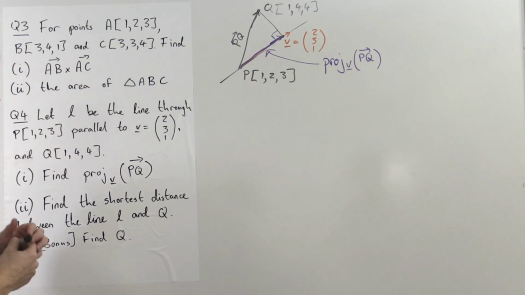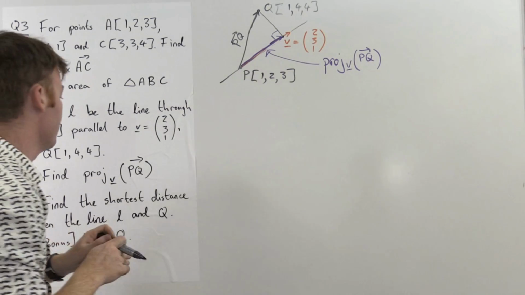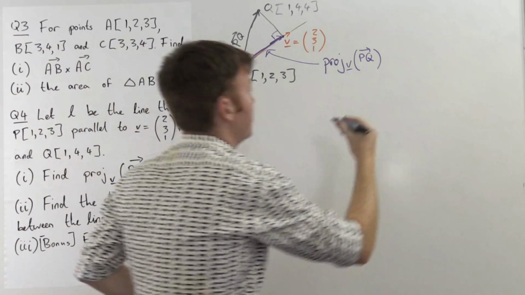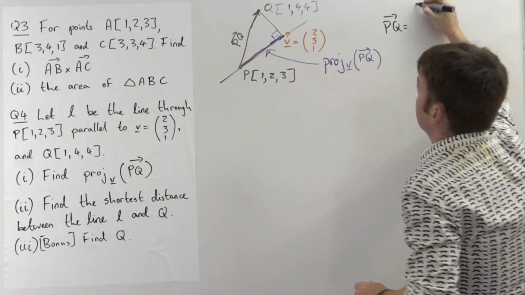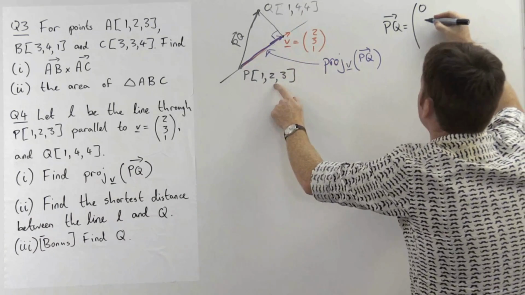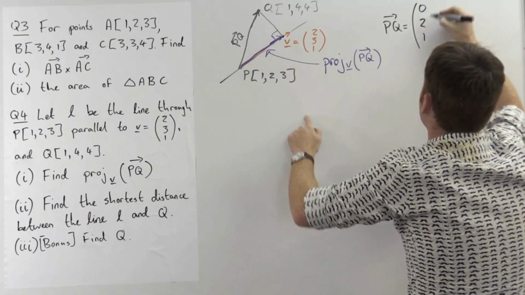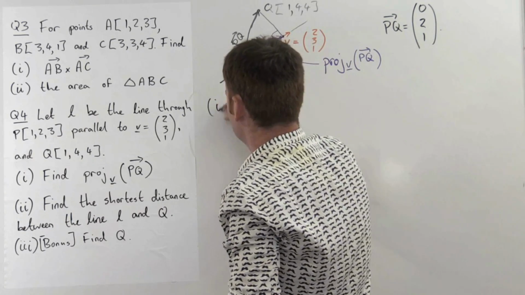Great. So now let's actually do the question. Find the projection P onto V of PQ. Well, the first thing we need is PQ. PQ is the vector Q minus P, so this is 0, 4 minus 2 is 2, and 4 minus 3 is 1. Good. So for part I,